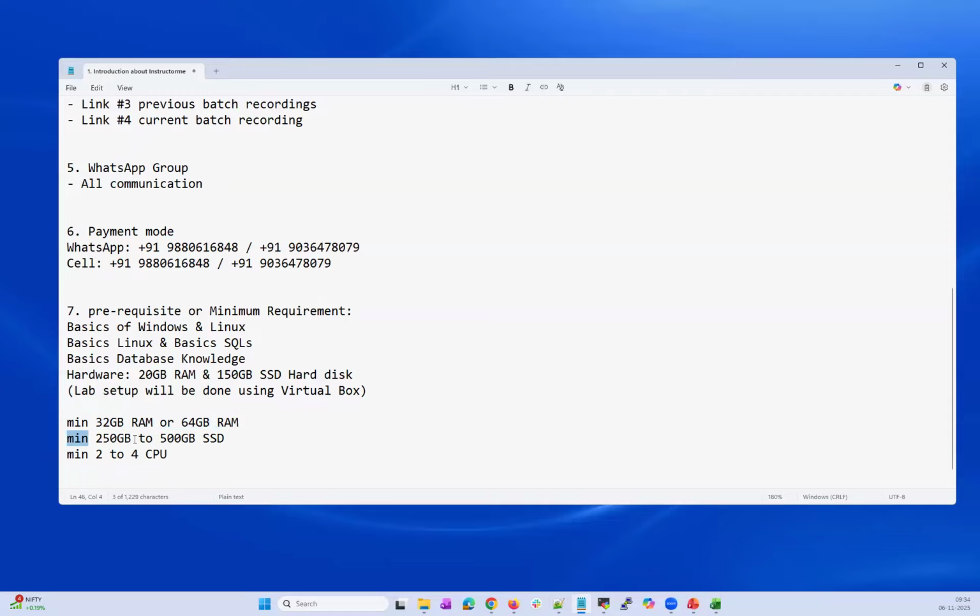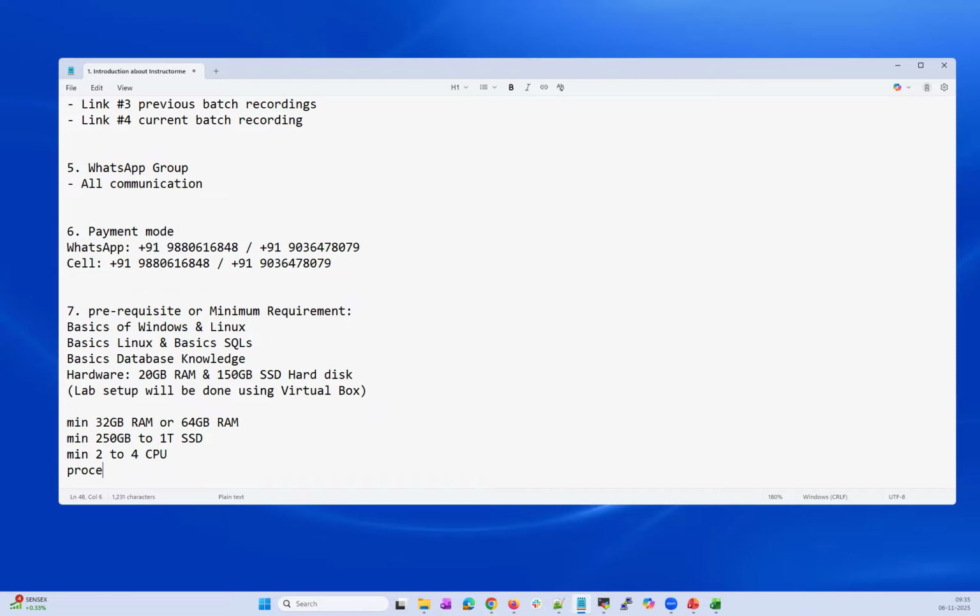With storage, let's go with 250 GB minimum to 1 TB. Go with either a minimum 250 GB SSD, 500 GB SSD, or 1 TB SSD. That's more than enough for your lab setup, including your database labs and your RAC labs. And for the CPUs, go for anything between 2 to 4 CPUs.